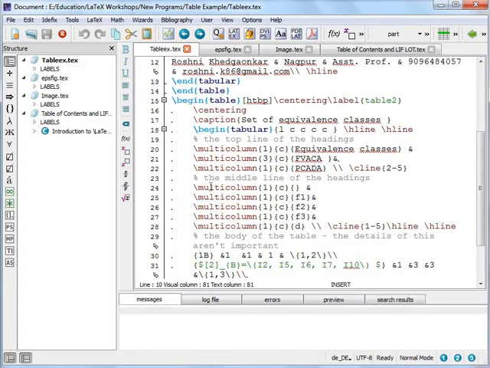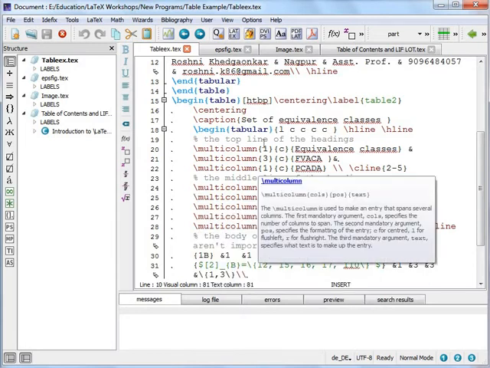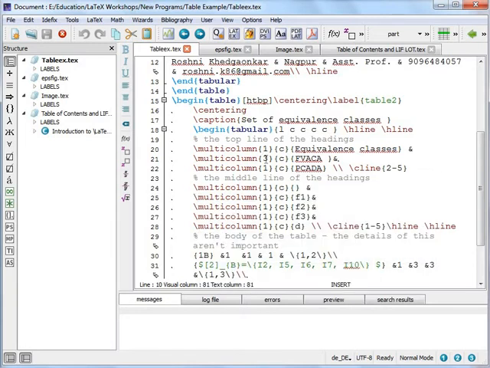Then after that I need to add the text. So based on this there should be 1, then there should be 3, and then 1. So there should be a total of 5 columns of text. So a particular row will consist of 5 data, right? So multi-column 1, that should be centered and it should be placed as blank. Then the second column will be again a part of multi-column. There will be only one cell here, and then it should be centered, and the data will be F1.